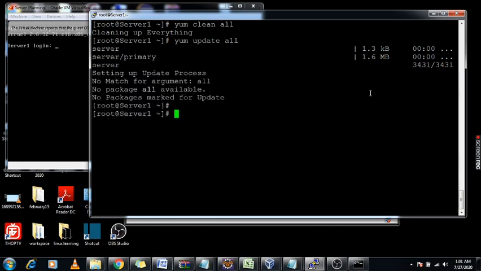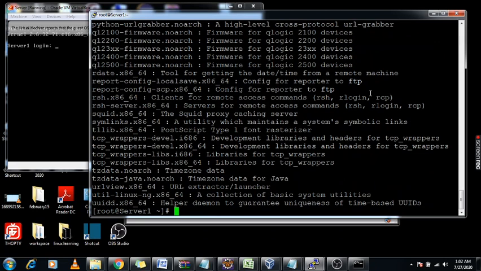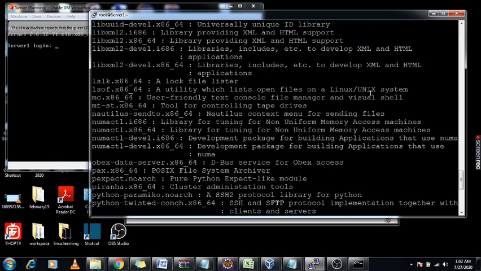Now suppose you want to install any package using yum. First you need to search for the package: yum search ftp. So the ftp package you can get using this command.